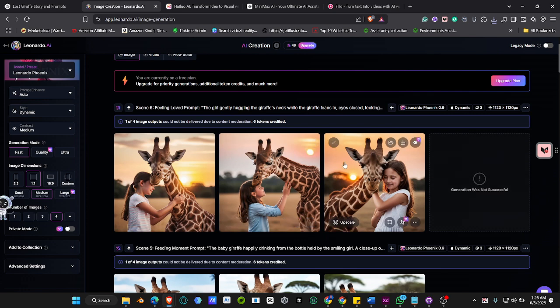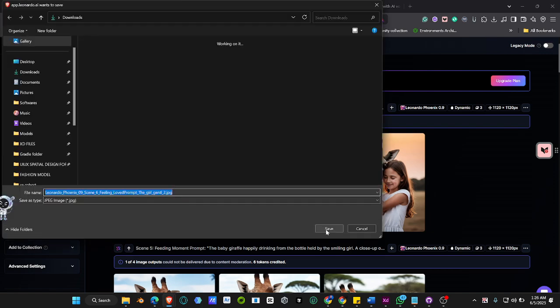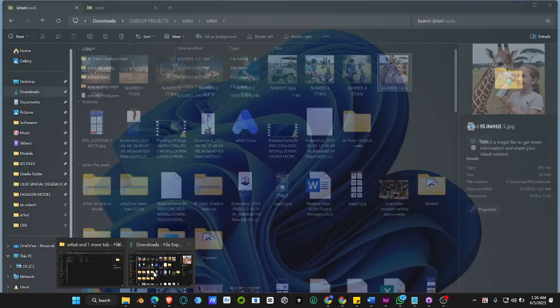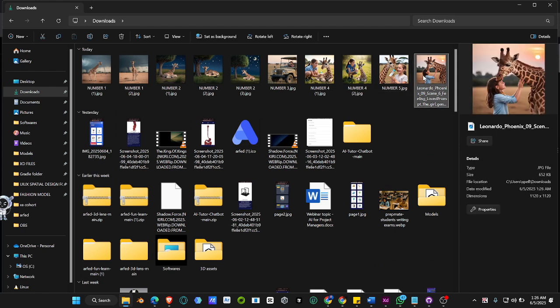They are happy, so which should I pick? I'm going to pick this. I'm going to save it, and I will name it number 6.